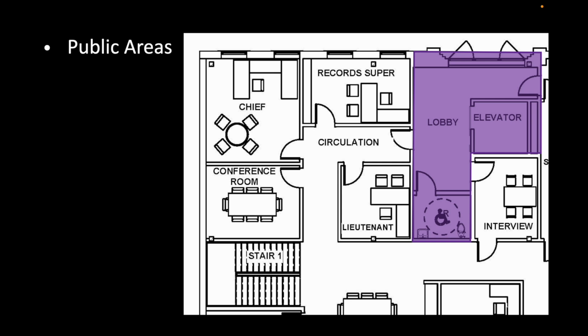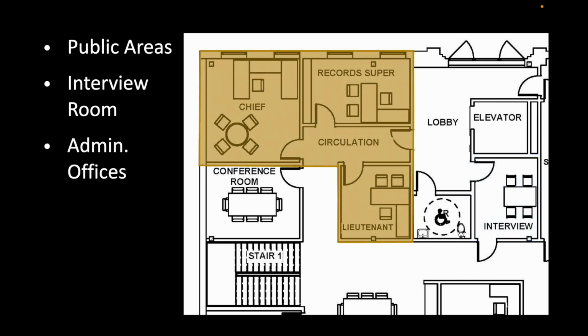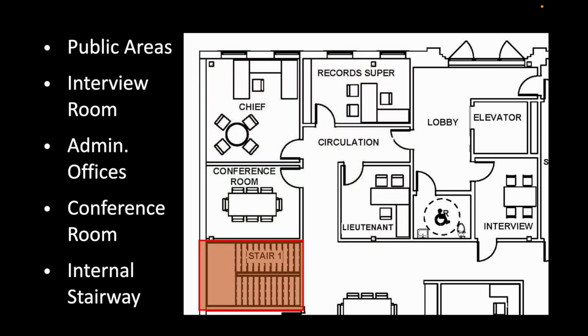Then if you come up the elevator to the lobby area, you also have a secure area there, another bathroom that is ADA compliant. This will be another interview room that is up there closer to the officers. Command staff will be the chief, records supervisor, and then also the second in command. Could be a lieutenant, it could be a captain, whatever the actual rank is, could change. Conference room there, and then a stairway to go down